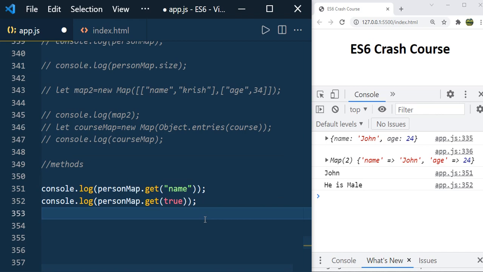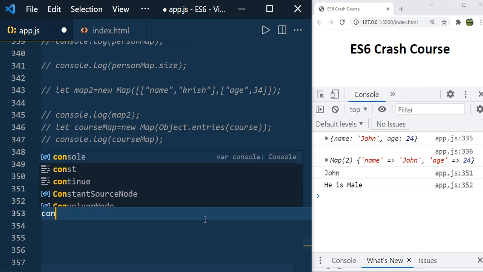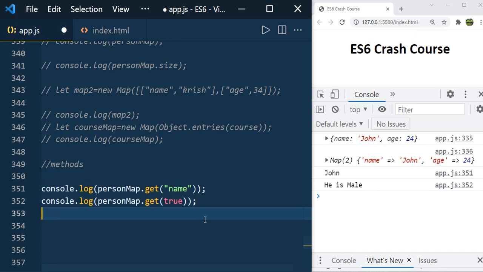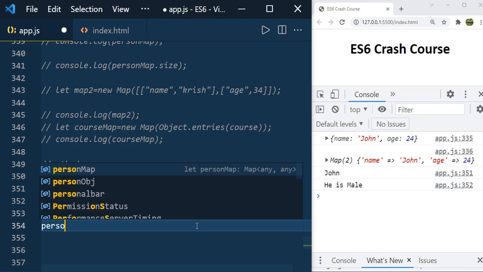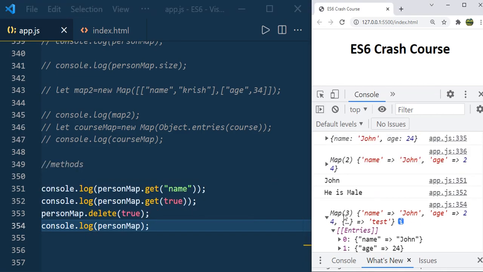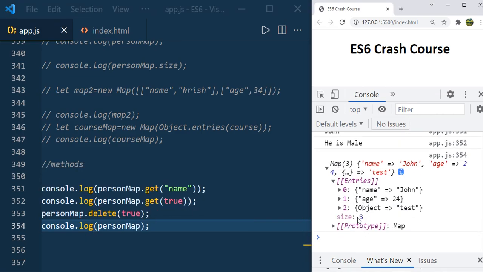If you want to delete a key from the map you can use the method called delete. So you can simply say personMap.delete and you can pass the key. Say I pass true and it will delete it, and if we go and type now personMap, we can see that we have only 3 values and the key with the value true is deleted.